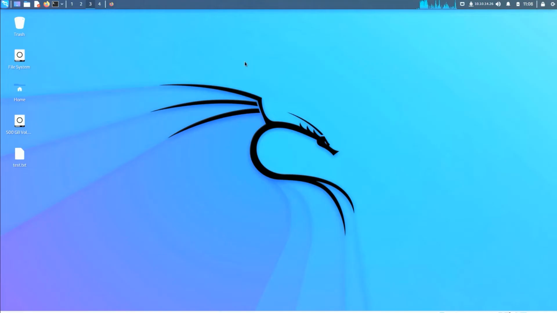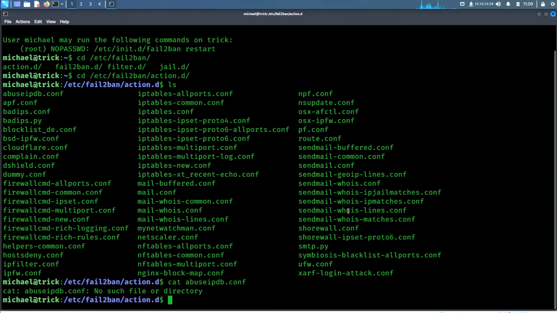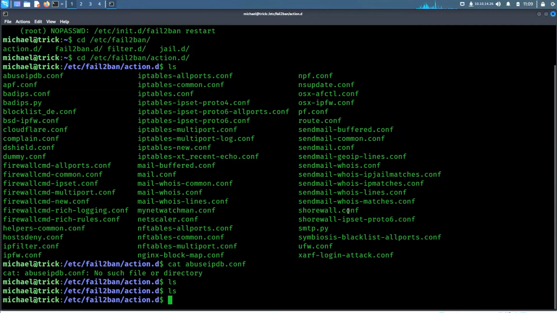So you can check there, or you can go the .conf route. You'd start looking at the .confs to see what you could do. ipdb.conf. Wow, why did it do that? Okay, so